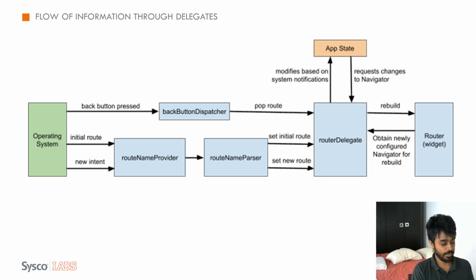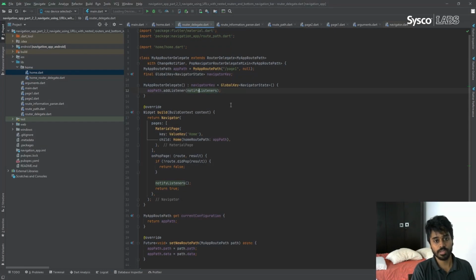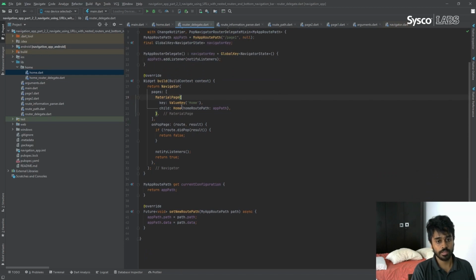So if someone changes the path of this object, then I'm rebuilding the whole thing, I mean this stack again. Since this is the root navigator, we want to navigate to the home page, and only that will be there in the navigator stack. So that will be the first route in the navigation stack.